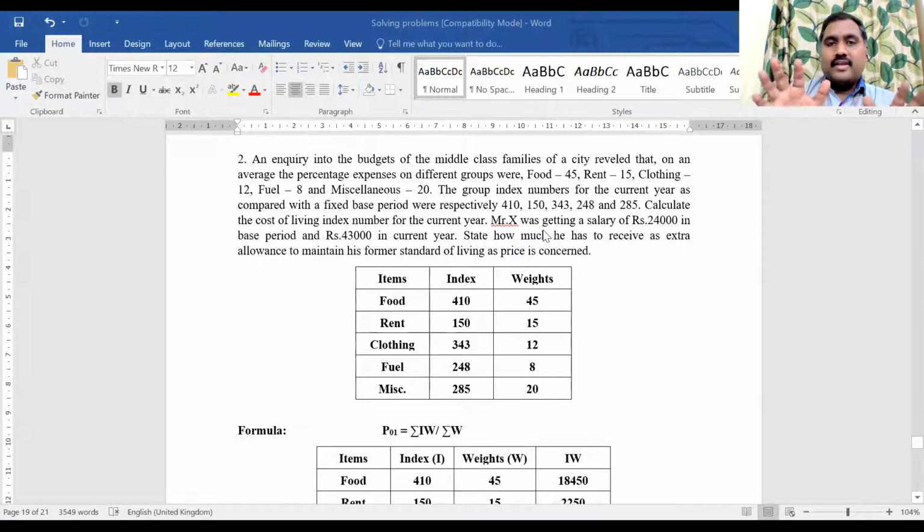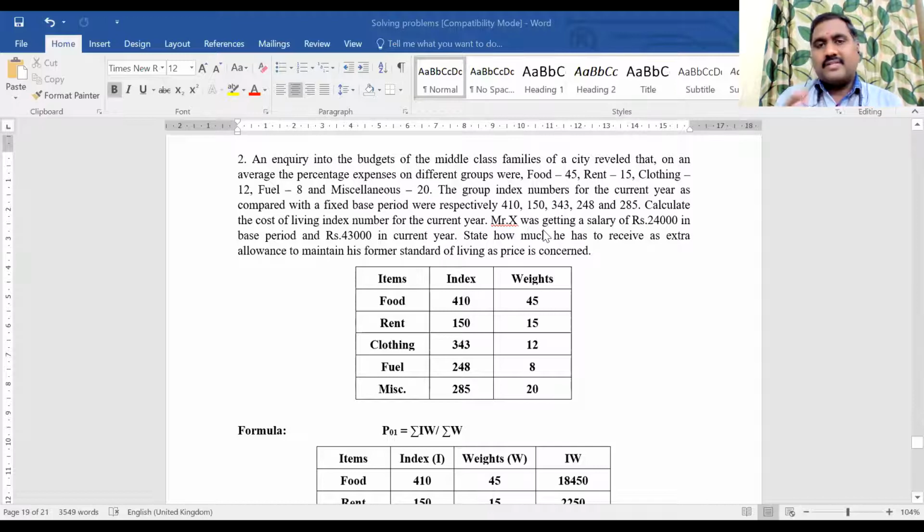That's why I told you, no. In 50,000, some amount will be the basic pay. Some amount will be house rent allowance. Some allowance will be the DA and then TA, traveling allowance, ESI, PF. Okay, at least if they are deducting the ESI, PF and he needs those allowances, then only he can run his family. Like that, salary is okay. Previous salary is 24,000. Present salary is 43,000.